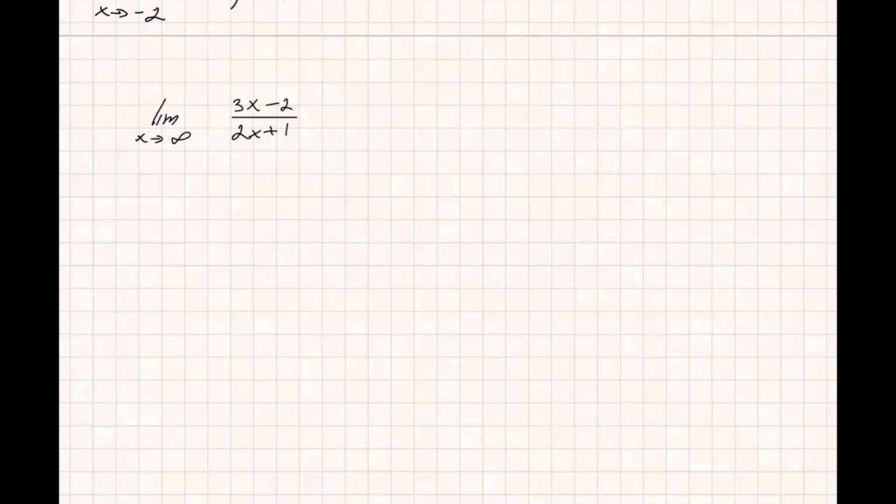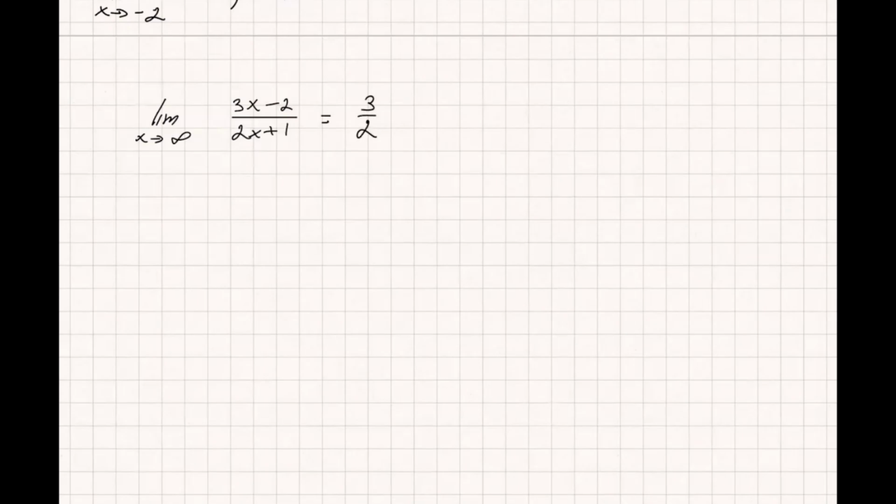Okay, now let's do a couple of examples on the topic of limits at infinity. All right, so we have the limit as x goes to positive infinity of (3x minus 2) divided by (2x plus 1). Look at these two terms, 3x and 2x. The leading terms in the numerator and denominator have the degree of 1. Both are the same, so we can from the get-go say that the limit is equal to 3 over 2,